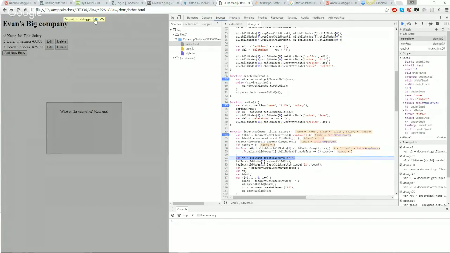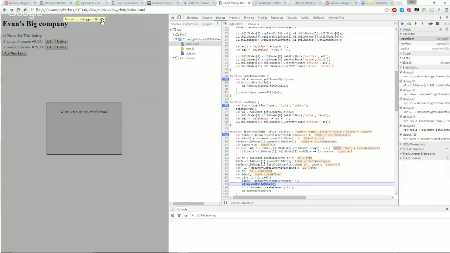And then it's going to create an element. It's going to create a table row. Okay, and then it's going to add it to the table. And then it's going to set the attribute of that last child, which is that table row, to the ID of count, which is kind of bad because I didn't do this for very good coding practice, I just wanted to show you guys. There's already an ID of 3, so this might break it, but it's going to go through and create